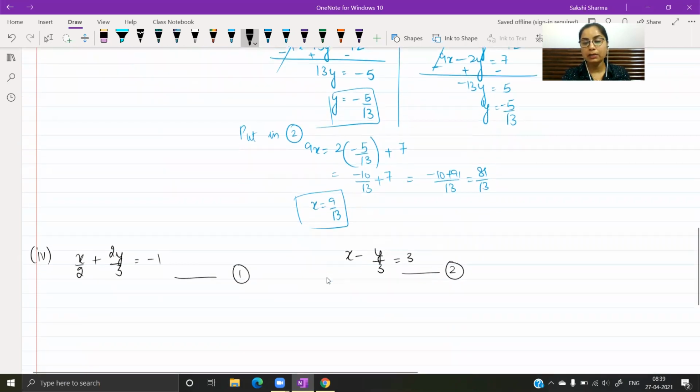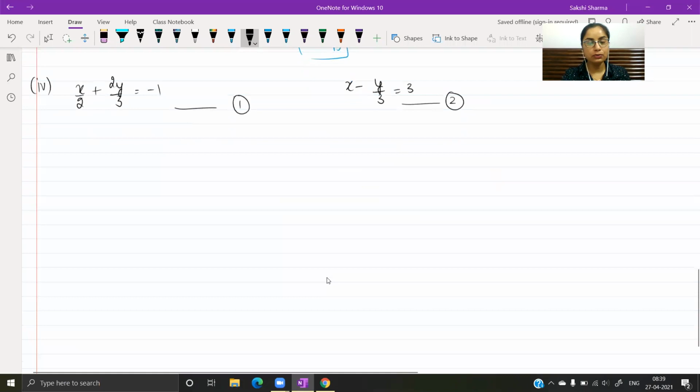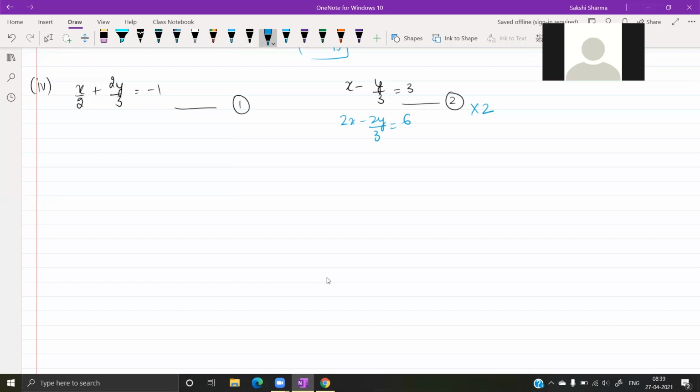Fourth part, we have values with fractional coefficients now. Again, it's personal preference. You can work with these equations as such. If you look closely, if you multiply the second equation by 2 and add the new equation to equation 1, y is eliminated. Y will be eliminated, right?